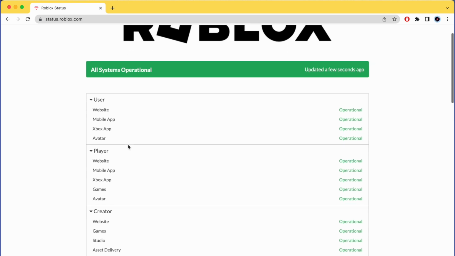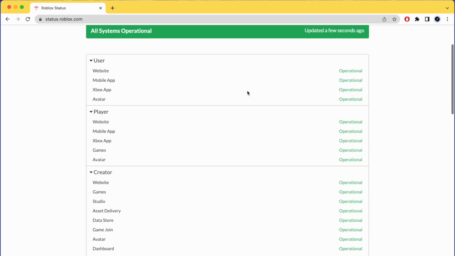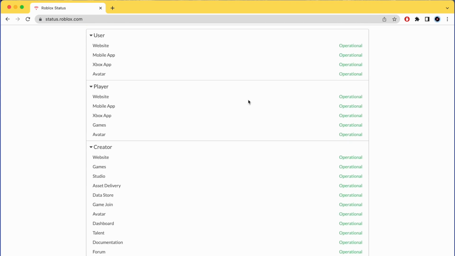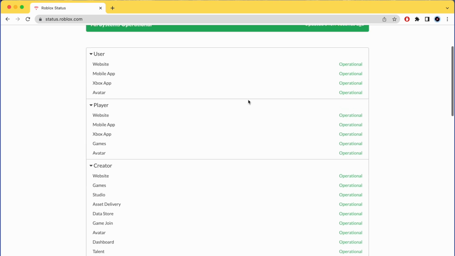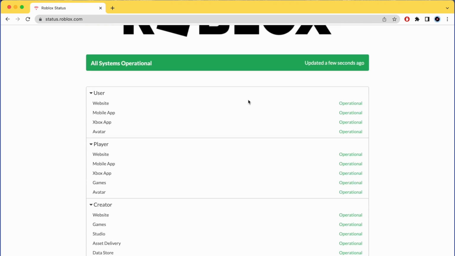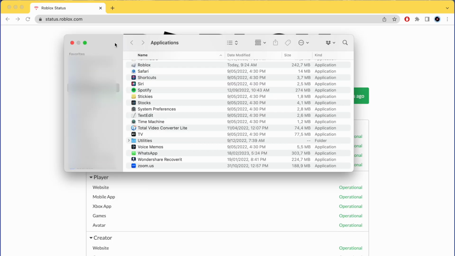So here I have the web page and all of these servers are operational. Perhaps one of these is disabled on one occasion, so please check this first and then you can follow the next solutions. So the second solution is go to your Finder or to your file browser on Windows and